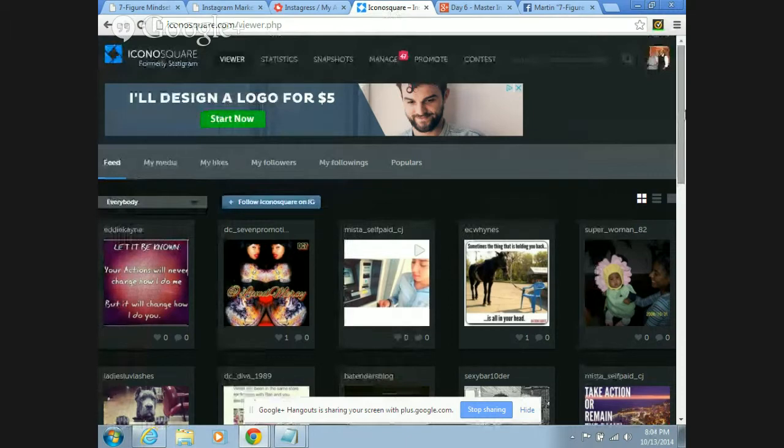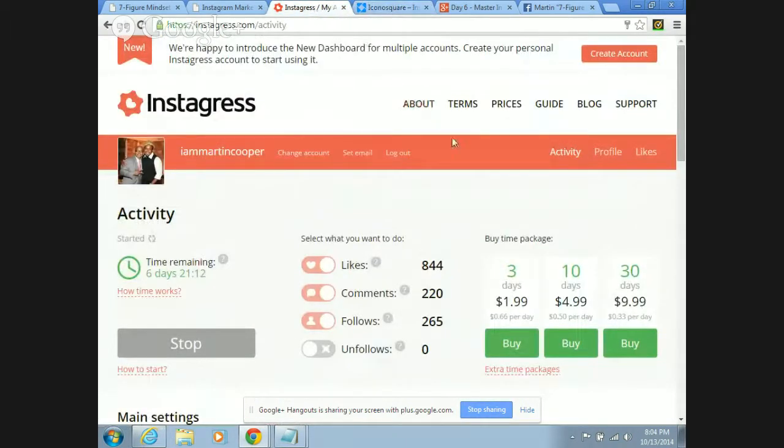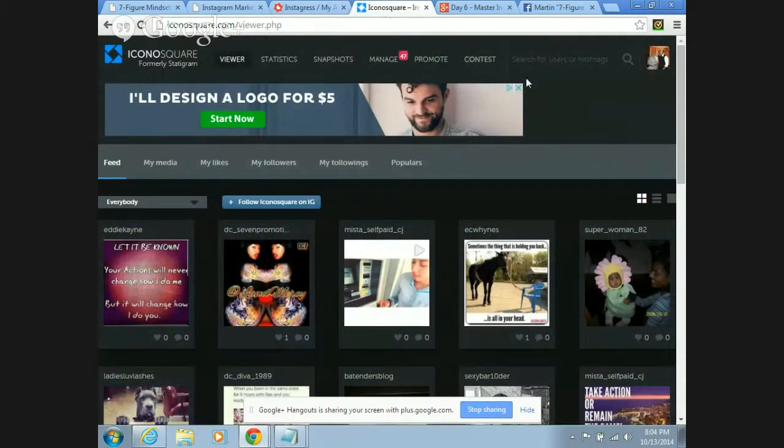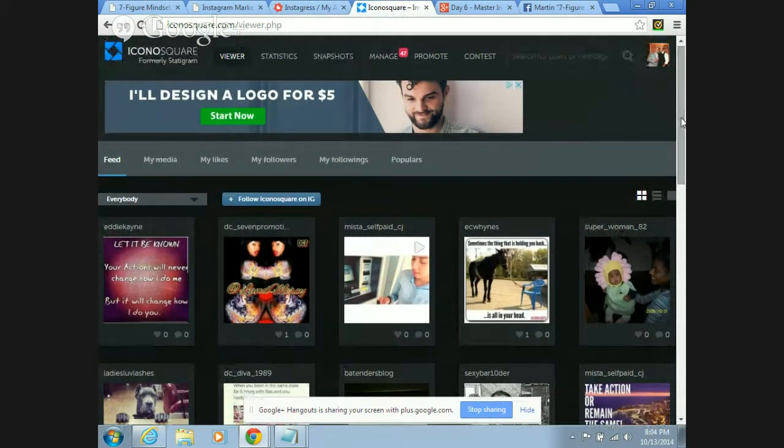And what's so powerful about this tool, now let's go back to Instagress real quick, okay. Now this is real automation right here, okay, to where it's going to like and comment and follow people. But then you want to know who those people are, okay? You want to know the people that are actually interested in your information because some people are basically doing the same thing, okay, is that they have Instagress also, and you have people that are manually interacting with people.